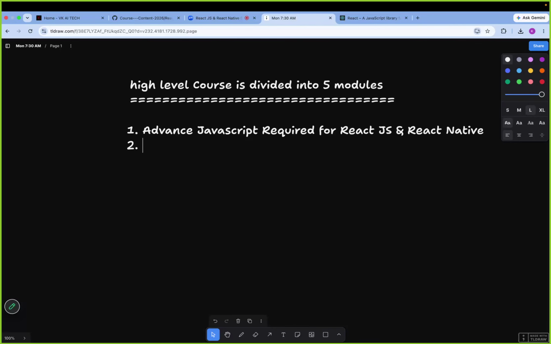Second module will be TypeScript. We are going to learn TypeScript. Third module will be React.js. Fourth module will be React Native. Fifth module will be our projects. So we are going to develop two projects,